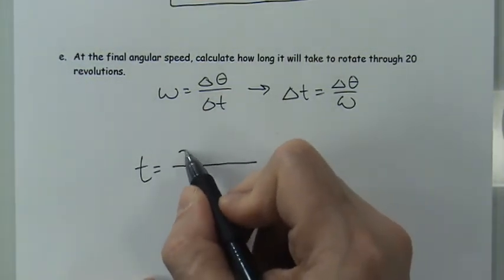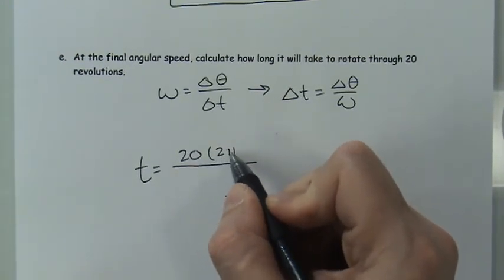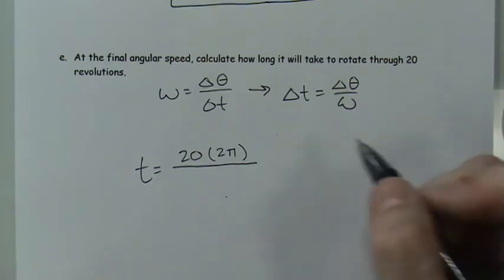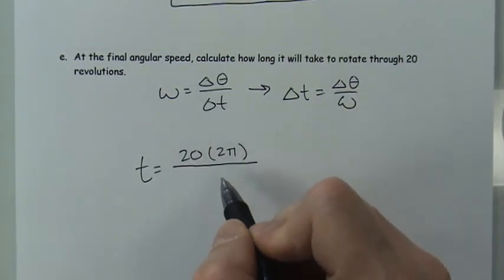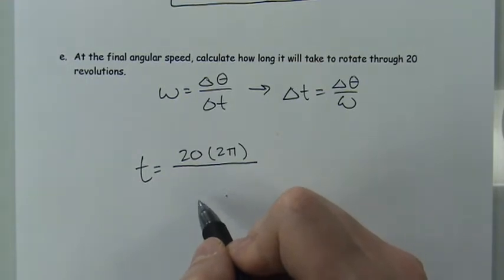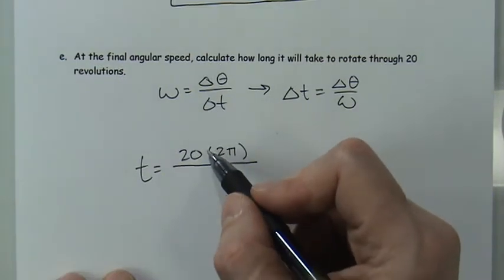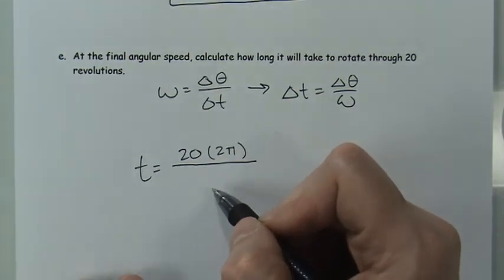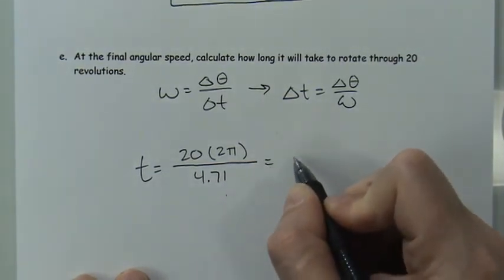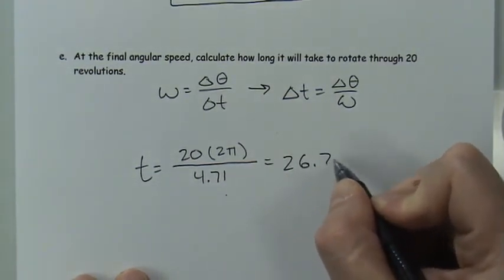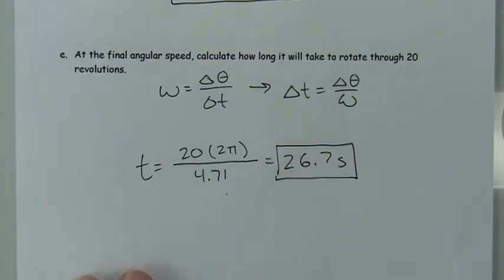So it turns out that the time will be equal to, in this case, 20 full revolutions, right? But each revolution is 2 pi radians, and that's really important. The reason is that I need this number on the top to be in radians, because the number I'm about to put on the bottom is radians per second. So I need the radians to cancel correctly. I can't use revolutions compared to radians, because those are two different ways of measuring rotational motion. So in this case, it's just the 4.71, and I can put that in the calculator to see that it's going to take me 26.7 seconds to spin through